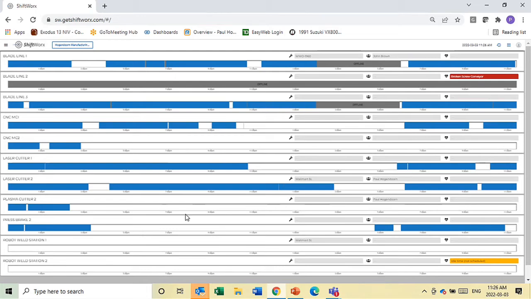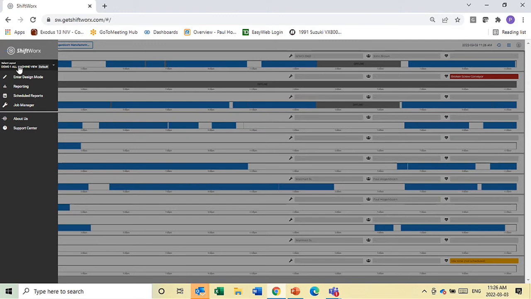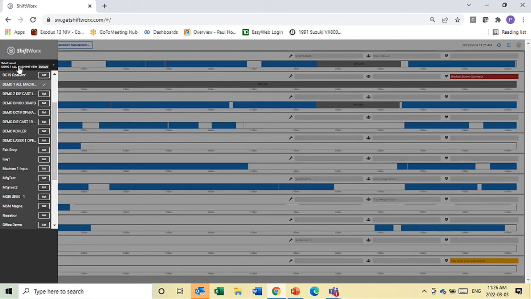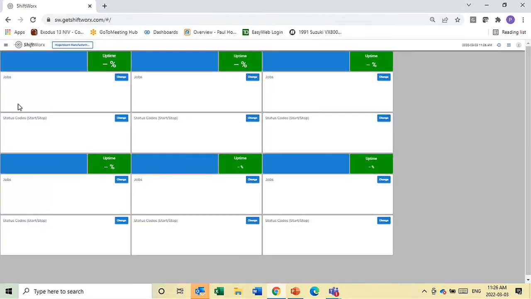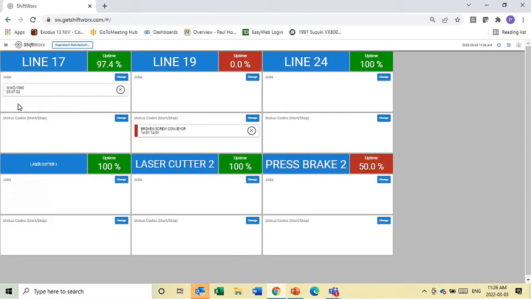I'm going to dig into a couple of the specific machines, and I'll start with one I'm going to call my bingo board. So this is a bingo board, a very, very simple board that a customer might have in the manager's office, keeping track of which job is on which machine. And for instance, I see there's nothing on line 24 right now,